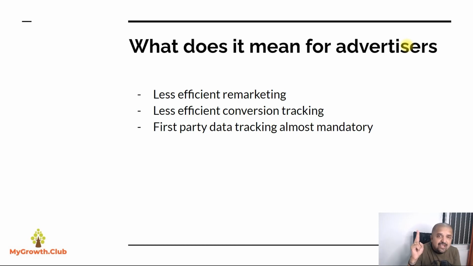Second, same thing about tracking. Without cookies, tracking is going to be largely probabilistic. Deterministic tracking is going to be very, very difficult unless you are passing first-party data. And passing and maintaining first-party data is going to be of utmost importance for every digital marketer going forward. So these are the three changes that every digital marketer has to think about in coming weeks. This is not coming in the near future, so you'll have plenty of time to prepare for it.